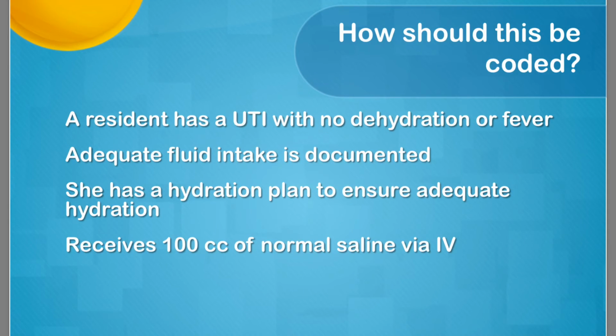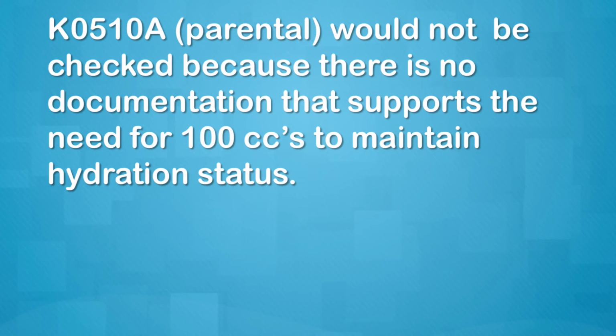How would this be coded? A resident has a UTI with no dehydration or fever. They have adequate fluid intake, and this is documented. There is a hydration plan to ensure adequate hydration, and they receive 100 cc's of normal saline via IV. Pause the show to consider your answer. Parenteral nutrition would not be checked because there is no documentation that supports the need for 100 cc's to maintain